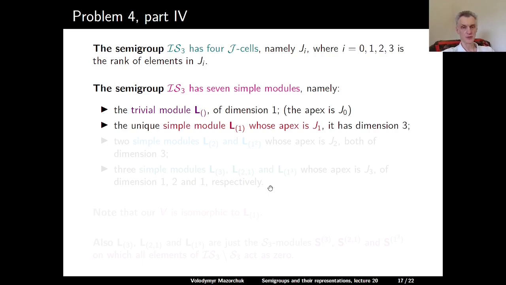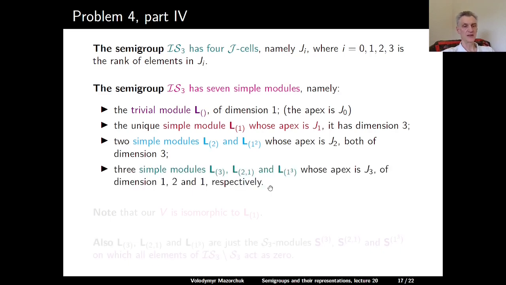That's our natural module. For the apex J sub 2, we have two simples, L sub 2 and L sub 1,1. 2 and 1,1 are partitions of 2, and both these modules have dimension 3. And finally,